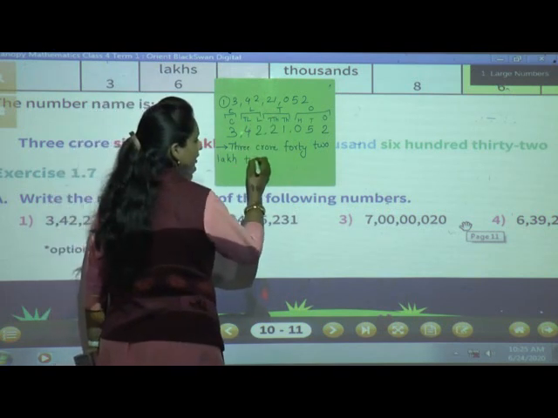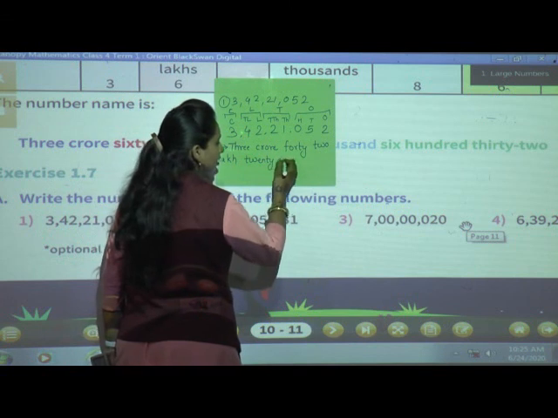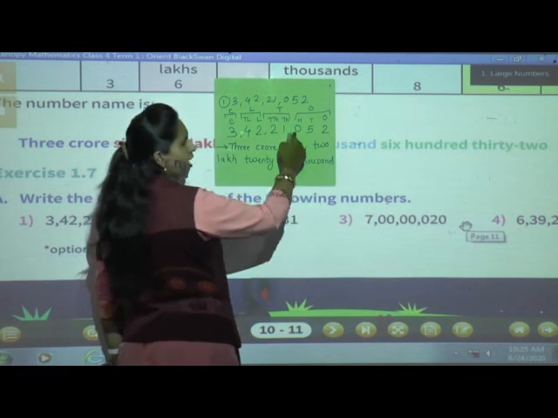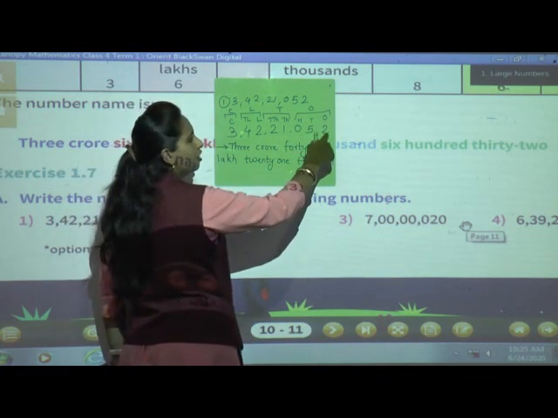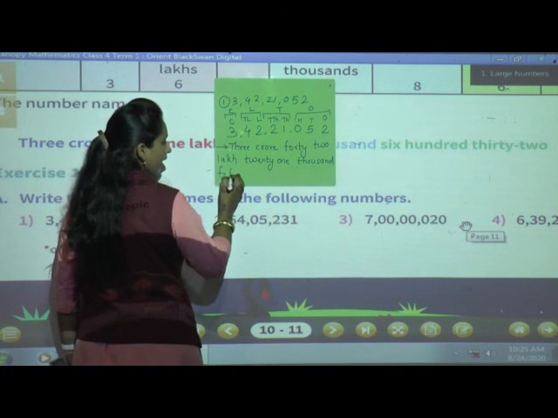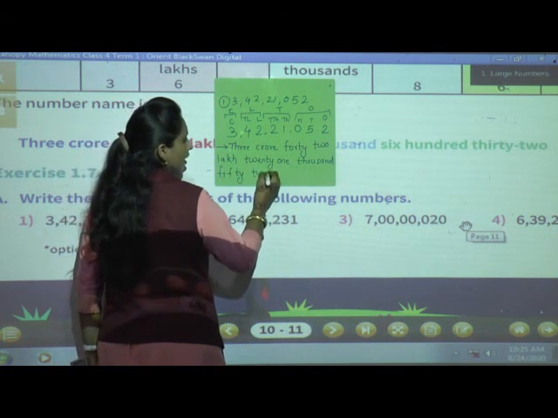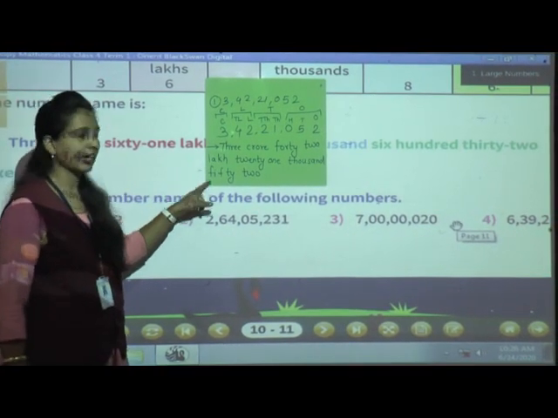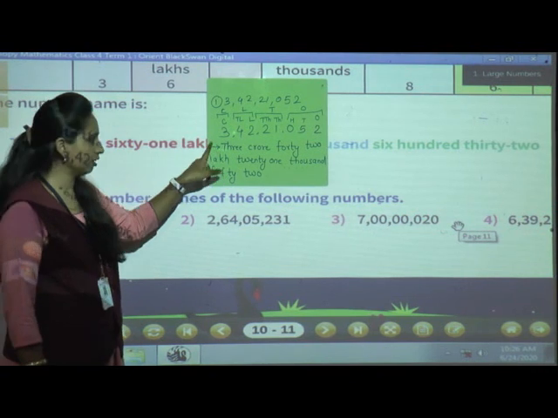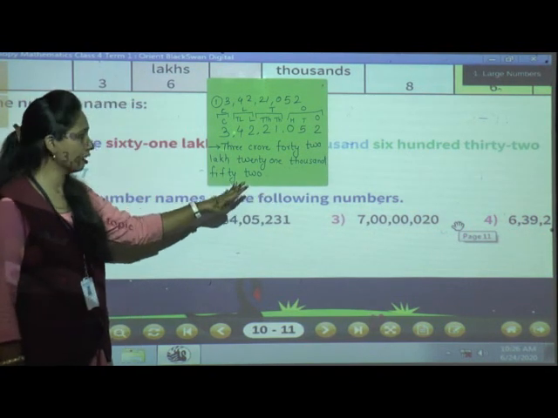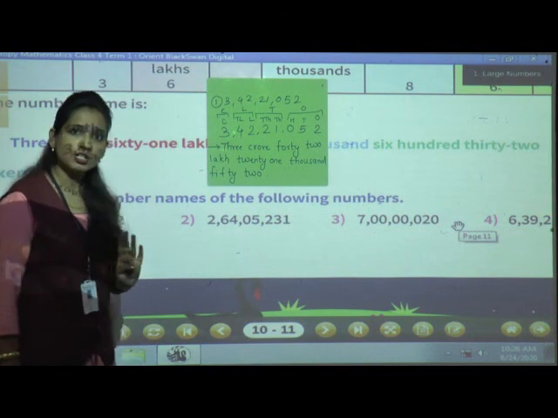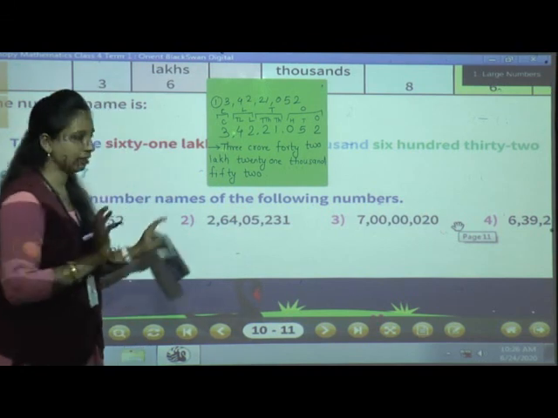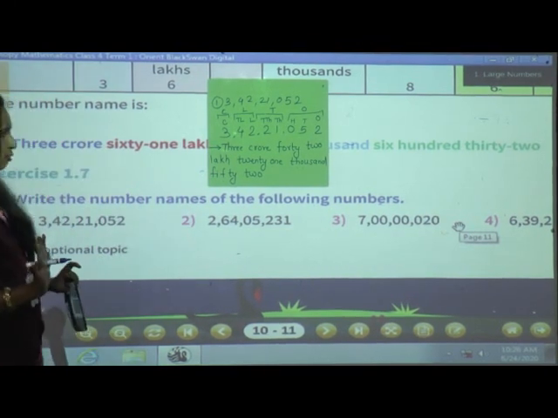21,000. Now here 100 place nothing is there. So directly 52. FIFTY TWO. Write spellings properly. Don't make mistakes. And when you are writing the number name, first letter should start with a capital letter, and all the remaining number name you have to write with small letters only. Okay? Keep in your mind. First letter will be capital, until the end only small.